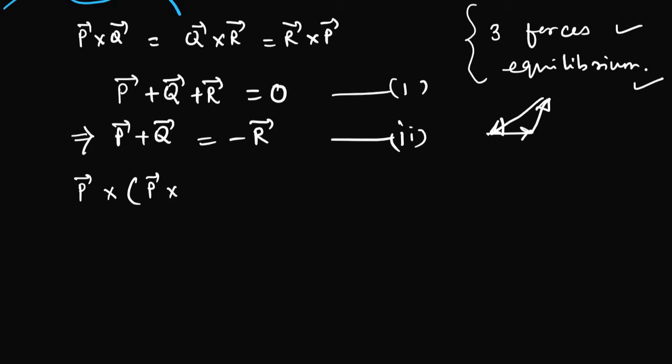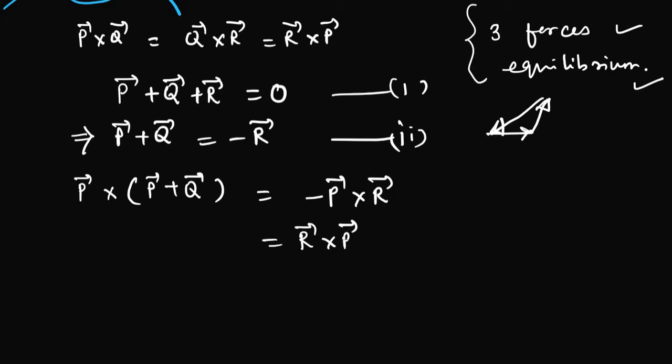Like this. P cross P plus Q equals minus P cross R. I am not disturbing any pattern here. P is written first of all, then R, okay? So what will happen? The same thing now, as this is the negative sign here, it will be R cross P. I will turn it around, okay? I'll change the cycle so that it would be positive. The negative would become positive. Please remember, in vectors the negative sign only shows the direction. That's why I am flipping it so that it would be R cross P.